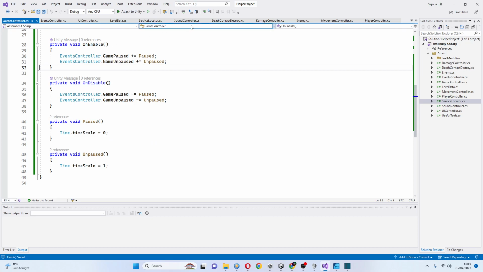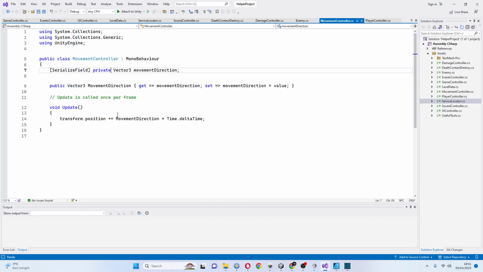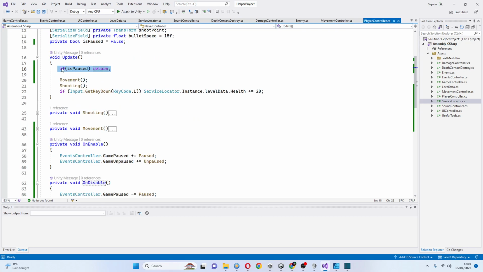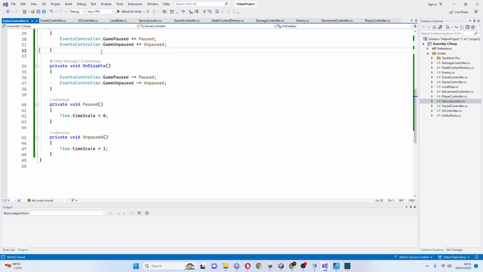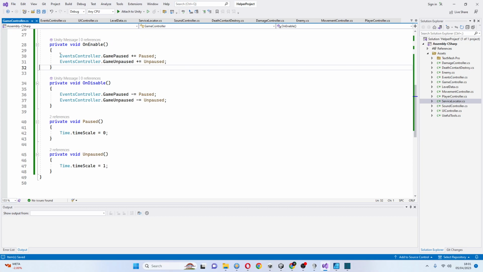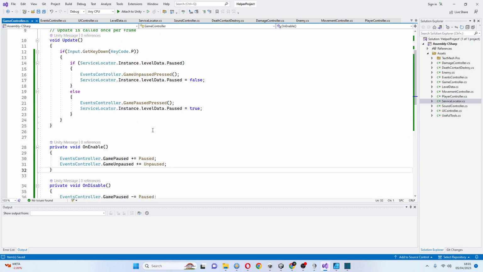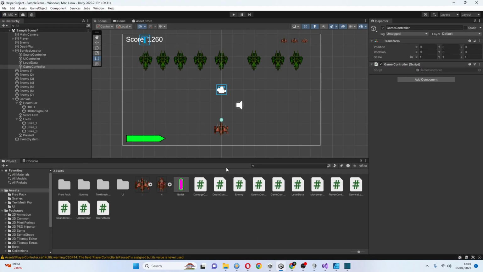Now you might think, doesn't that fix the problem of enemies moving anyway? And it would actually. So if I go to player moving, it does fix it, even if I don't do anything in here. Even if I just set the timescale to 0, like this, you can just write that into a game controller script. So this is the game controller script. Now, if I run that,